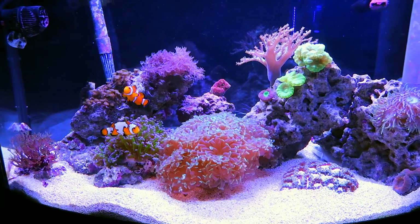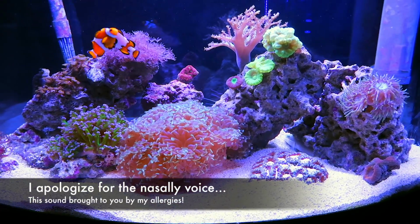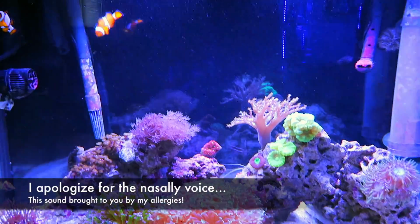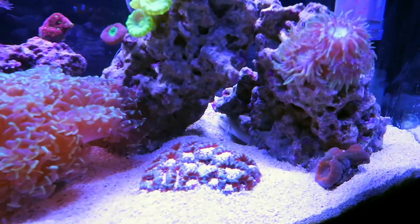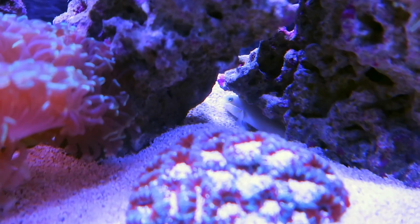Just wanted to do something a little different. Wanted to give you guys an update on my saltwater tank that's in my bedroom. Currently I have about 4 fish in here. If you can look under this rock right here hiding in the back,